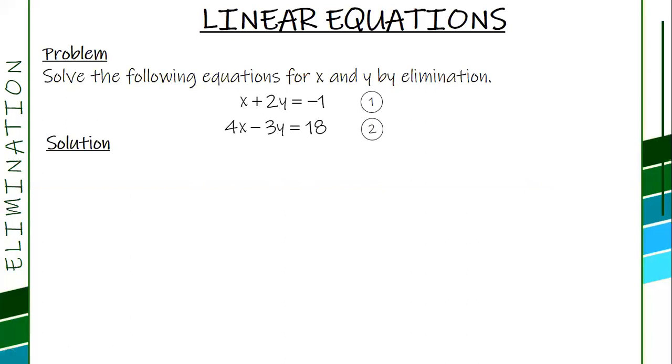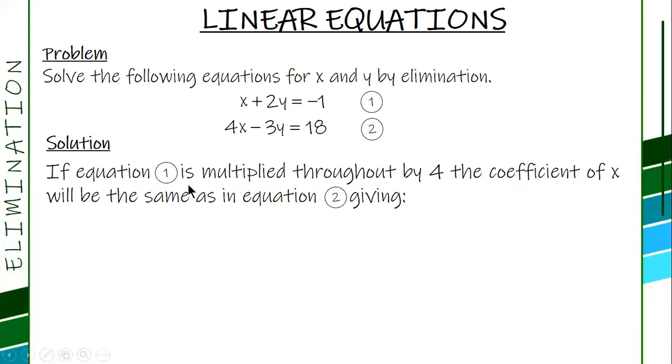So what you will do is i-multiply ning equation 1, i-multiply nimo 3 para mahimong 6. Tapos i-multiply din mo ni equation 2 og 2 para 2 times 3 6 hapon. Dapat pareha sa nimo. Pero ang mas simple ani is kini, x. Kay 4 na madaan. So, we're going to multiply equation 1 by 4. Mapareha na sila. Diba? So, if equation 1 is multiplied throughout the whole equation by 4, the coefficient of x will be the same as in equation 2, giving,